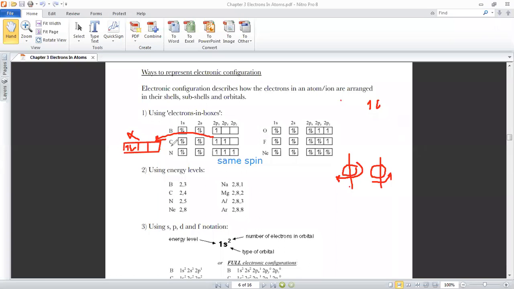But in the case of oxygen, you cannot do anything because it has four electrons to be accommodated in the p subshell. But even then, you see that first we put three electrons separately in 2px, 2py, and 2pz, but then the fourth electron has to be present in the 2px first. So then 2px will have a paired spin, opposite spin, to reduce the repulsion. Then in case of